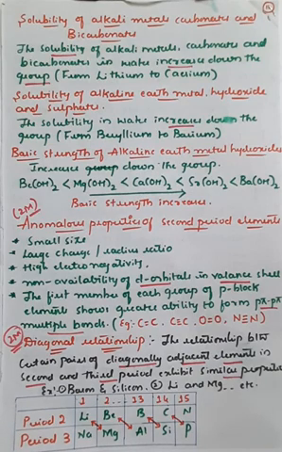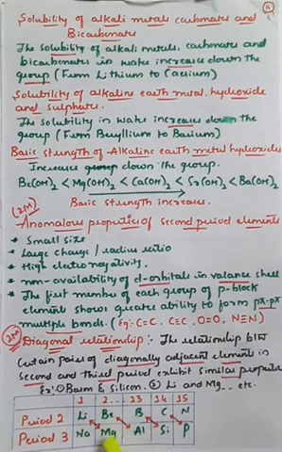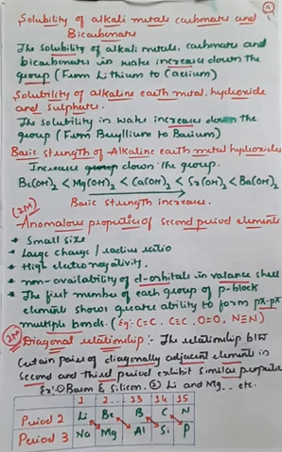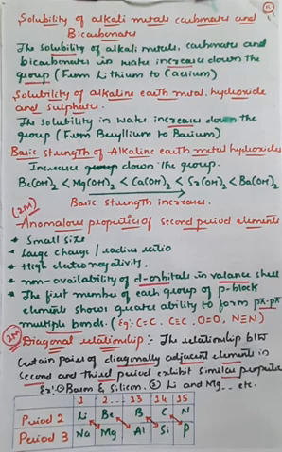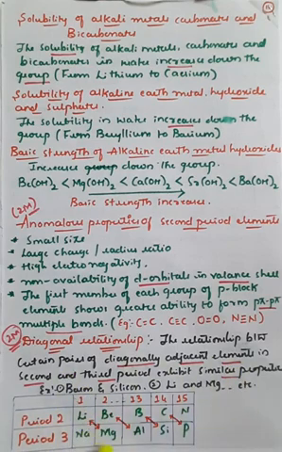And the last important definition for your syllabus is diagonal relationship. It is the relationship between certain pairs of diagonally adjacent elements, that is, when comparing the second period and third period. Here you can observe lithium and magnesium are diagonal, boron and silicon are diagonal, carbon and phosphorus are diagonal. These diagonal elements show similar properties or characteristics. Therefore, this is termed diagonal relationship, right? So if they ask for 2 marks, write the definition and any 2 examples. Lithium and magnesium are in diagonal relationship, beryllium and aluminium are in diagonal relationship, right?